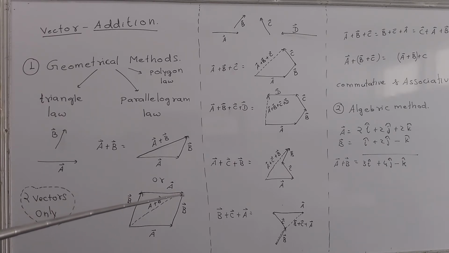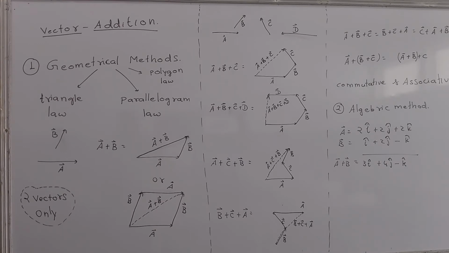This is again your addition of vector A. Now in this, just see those 2 points which are the tails of both the vectors. This point, can you see this point? This is the tail of vector A as well as vector B. And see this point, what is this point? This is the head of vector A as well as vector B. Join these 2 points and this diagonal will be your addition, vector A plus vector B. What do you get at the end? What you get is a parallelogram. So this is again parallelogram law of vector addition.